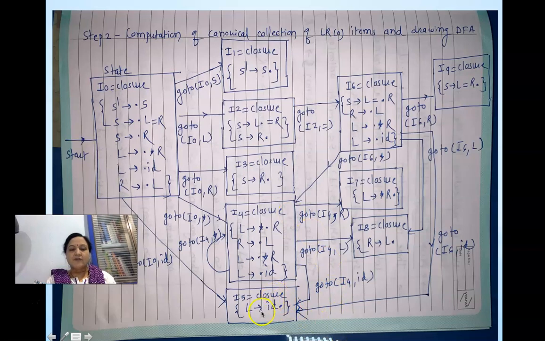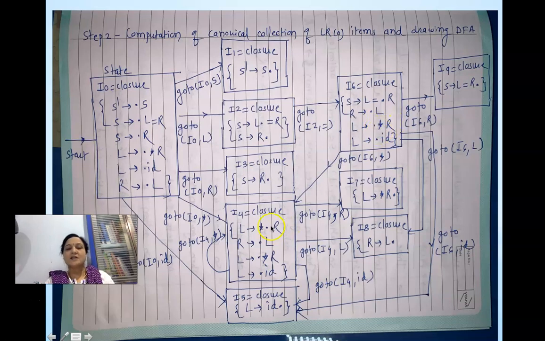In I5 there is no terminal after the dot which leads to a shift entry. Here also after the dot is a non-terminal. But these are the two productions where we have terminals after the dot. So where are the transitions going when we see the star? So let's check star dot R, where is it?